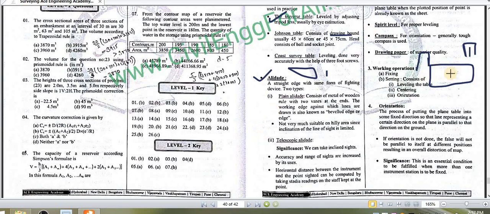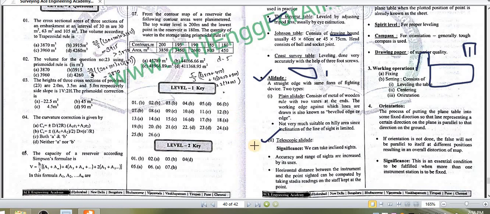In telescopic alidade, a scale is provided at the bottom and it has been attached with a telescope. So this type of alidade is very suitable where the area of survey is very large and the object which you are bisecting is very large. It is far away. In that case telescopic alidade can be very suitable, and since it is a telescopic alidade, you can rotate it along your horizontal axis. Okay, so if any object is not at the ground level or not on flat ground, you can easily bisect it by rotating your telescope up and down.